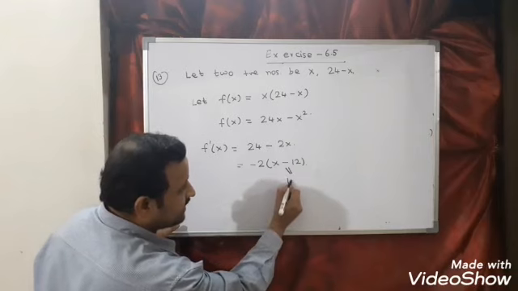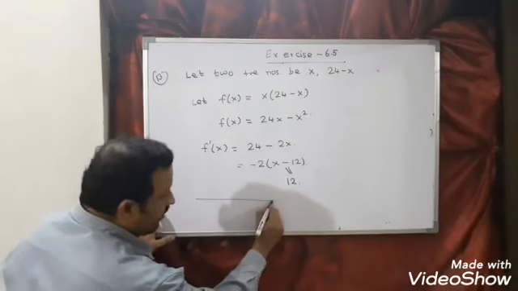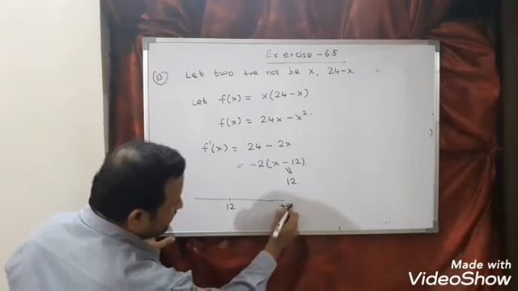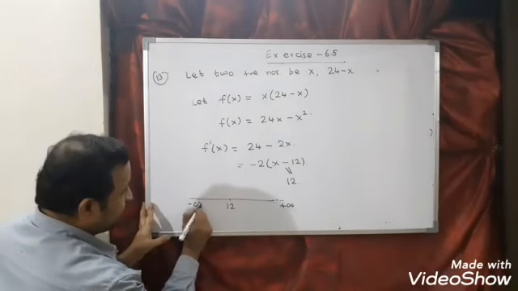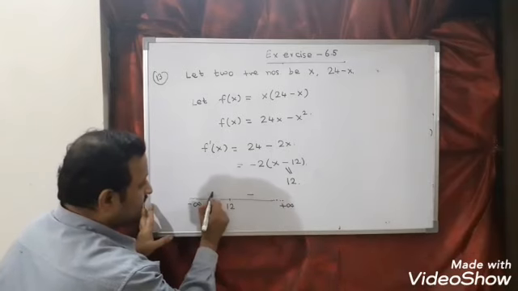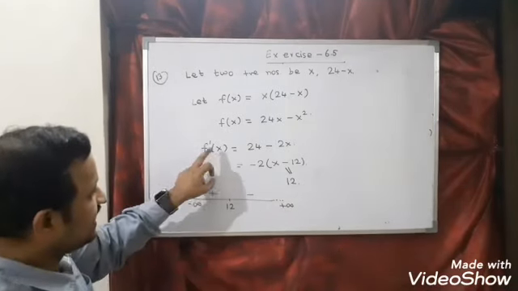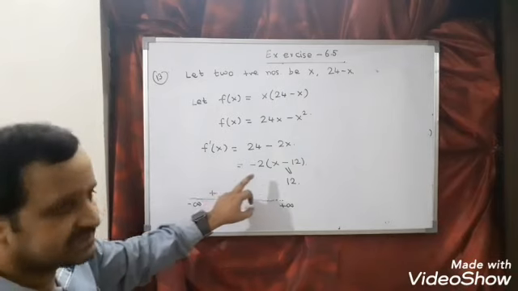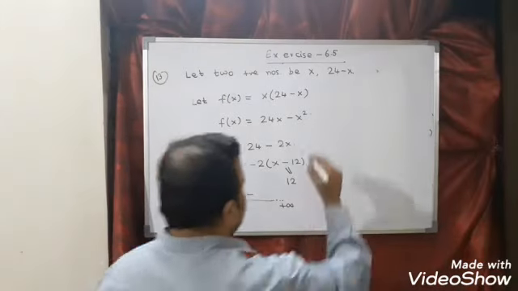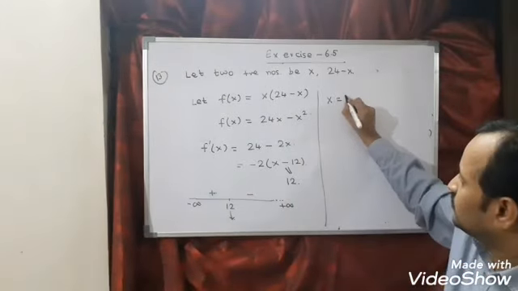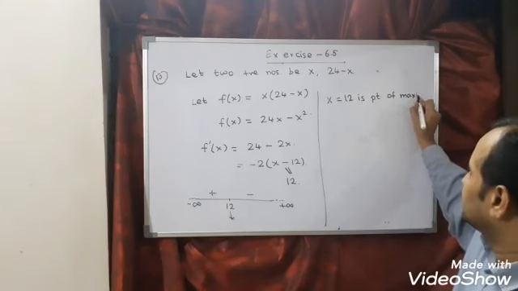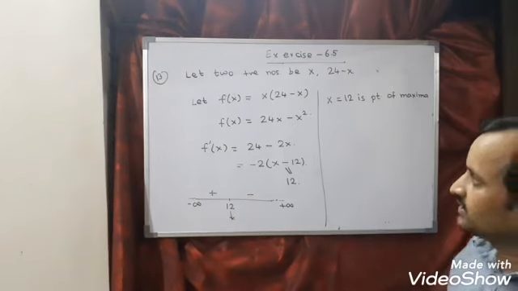Critical point here is 12. So plot all the critical points on the number line. So here 12 will come, and here I can say plus infinity, and here minus infinity. What is the outside sign? Minus. So minus will come. Since critical point is not repeated, plus sign will come. So f dash x changes its sign from positive to negative. So this point is said to be what? Point of maxima. So here I can say x is equal to 12 is the point of maxima.